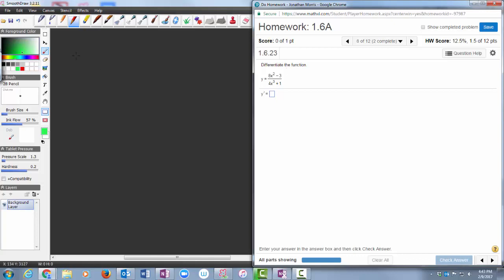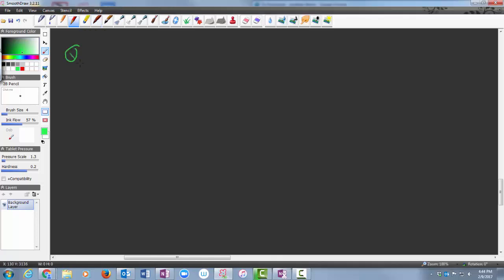So in problem number 2 and 4, we read it and we heard times. And that was a product rule, but since we heard the word divided, we're going to use the quotient rule. And that's basically saying when you have to take the derivative of a fraction, two functions that are divided,